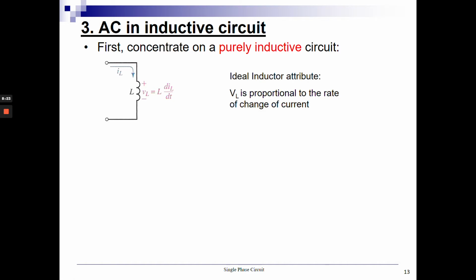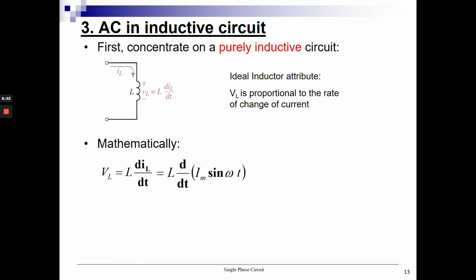Okay, so ideal inductor attribute: VL is proportional to the rate of change of current. So mathematically, this is the formula: VL equal to L di over dt. So finally, you will get VL equal to omega L I maximum cos omega t. And then